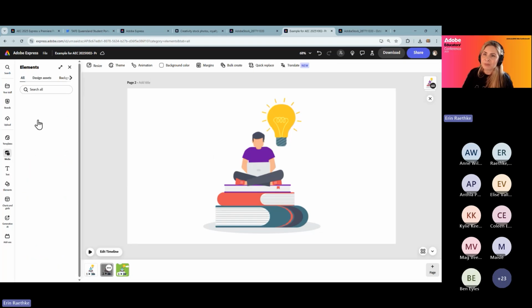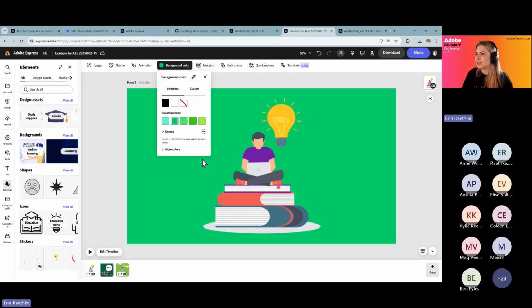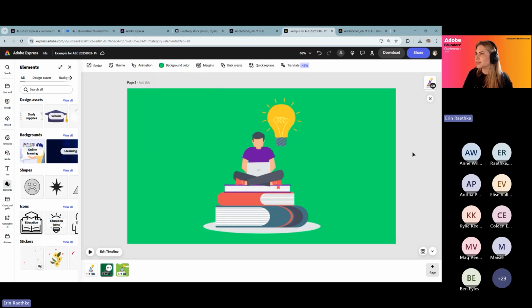There are actual elements called backgrounds that you can browse. We don't have time to touch on everything today. I wish we did, but they gave me 45 minutes. All right, so once we've got that lovely bright green background, we're going to